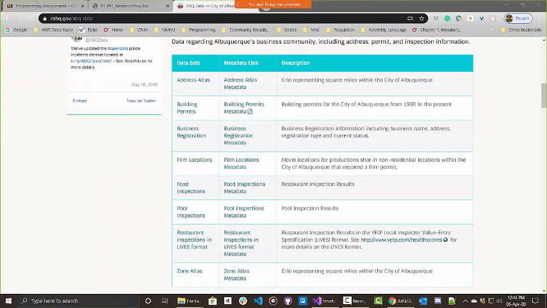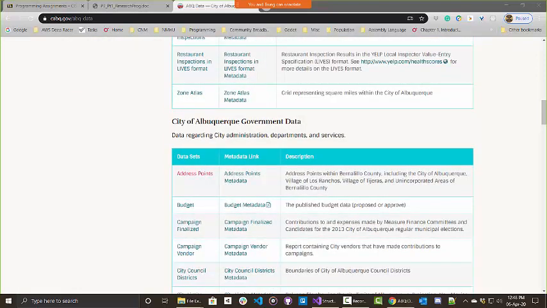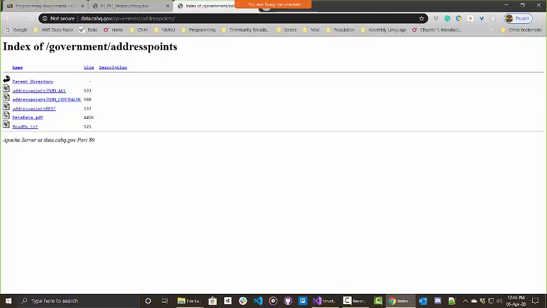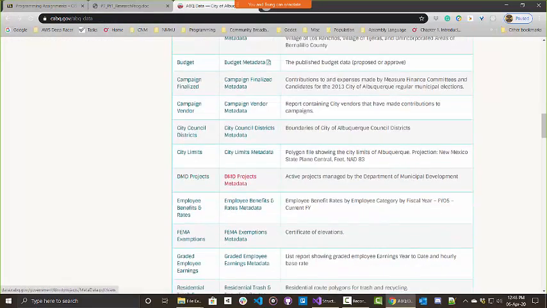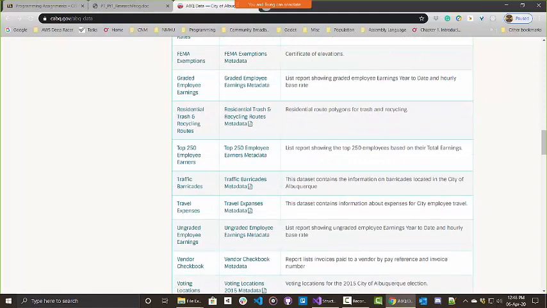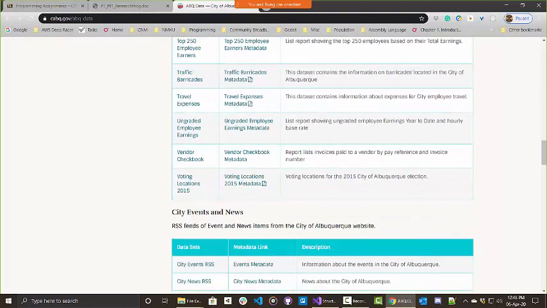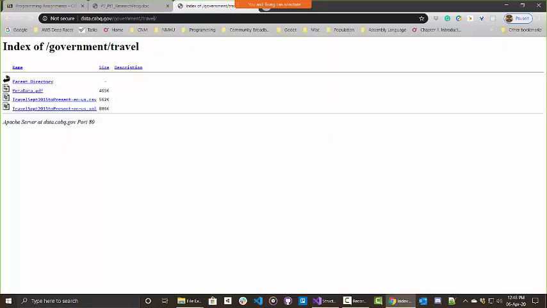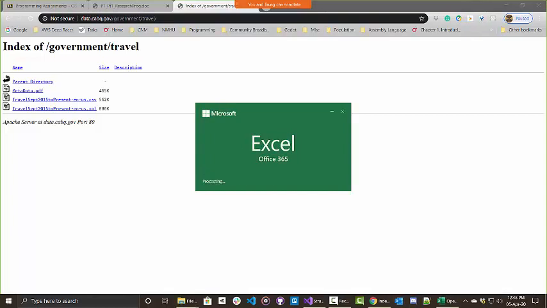Now these data sets, I would make sure I get ones that say CSV. There's a lot of different formats, like here it says this is a JSON file. That's going to be hard for you to parse through. Let's see, travel expenses. This has a CSV file. If I click on that, it'll download a CSV file, and then if I open it, I will see that this data is actually a